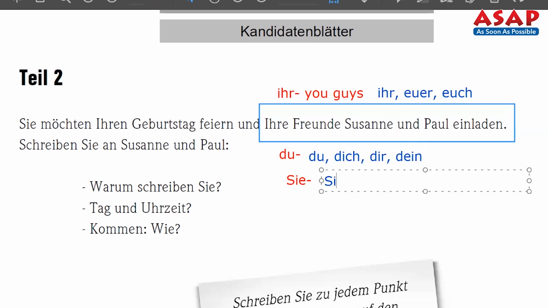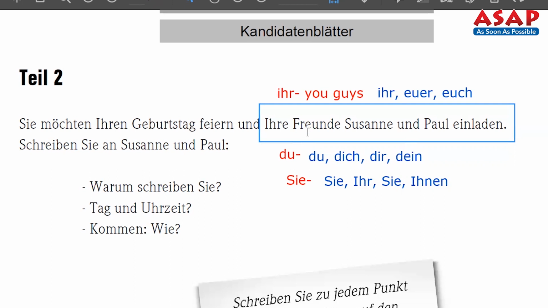You are using the words like Sie. Okay, ihr, that means your, or like that. And then again in accusative it will be Sie, in dative it will be Ihnen. Okay, and if you understood nothing of what I'm writing here, that means you need to learn German properly. So now these are three forms: ihr form, du form, Sie form.